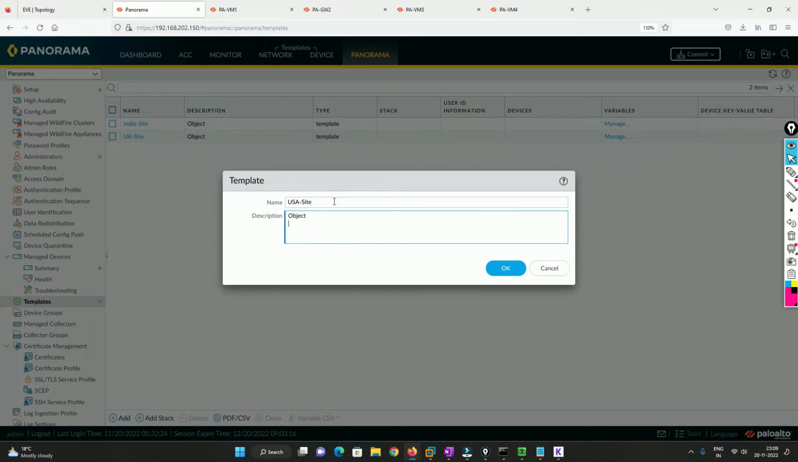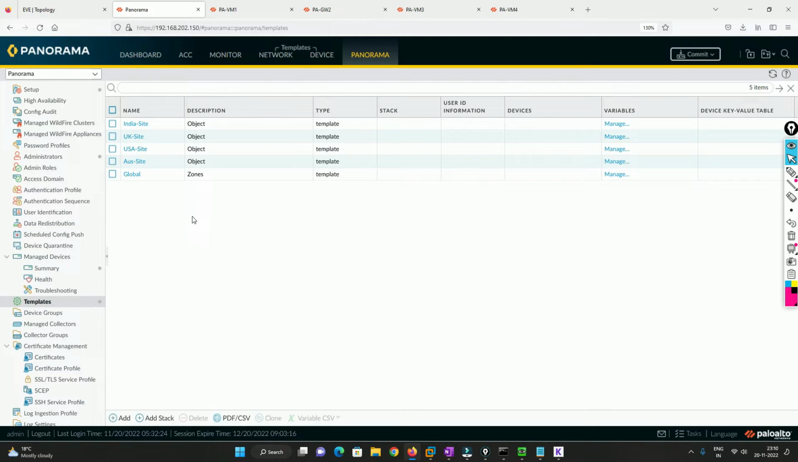Object, and the last but not the least, Australia site, right? So this one will also be an object, and I will create a global object which will be global and it will be zones. Okay, done. So now what I'm going to do is in these objects,